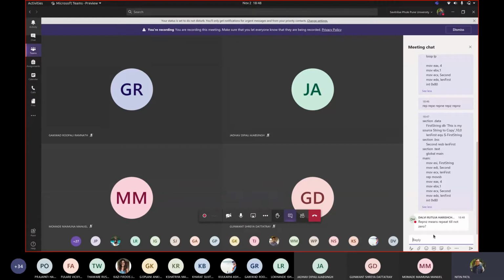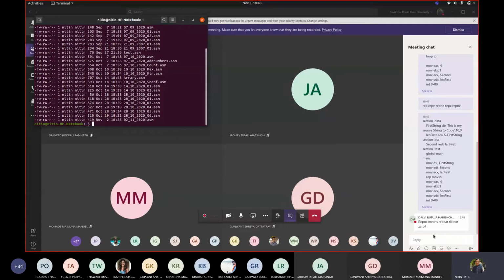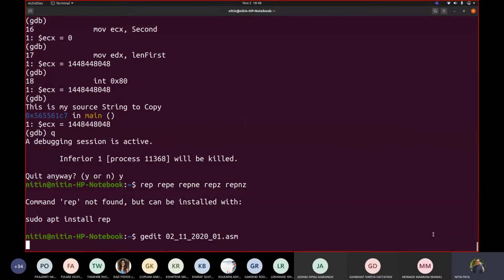Now think of how you will write code to verify whether the given two strings are the same or not. How will you write that code? Can somebody tell me? Can somebody write the code? How to compare? Maybe I will give you a logic. So you try to implement it.